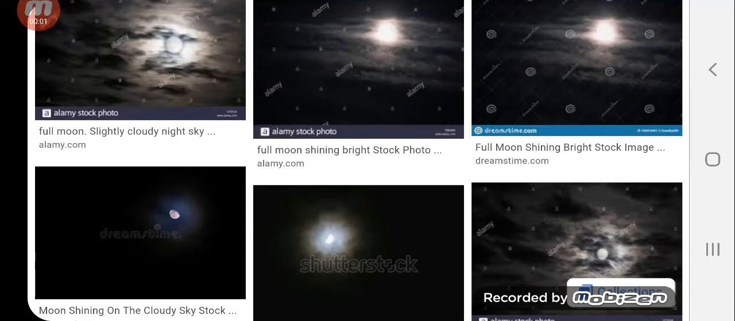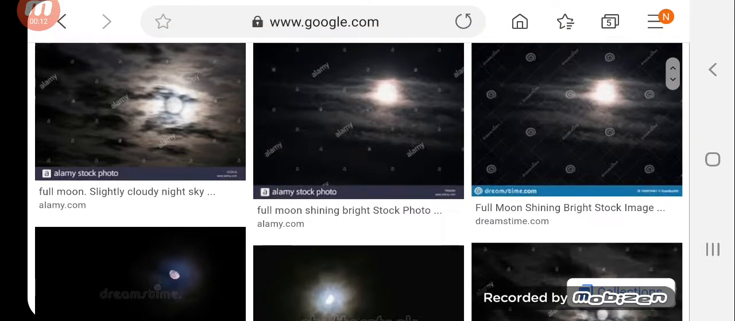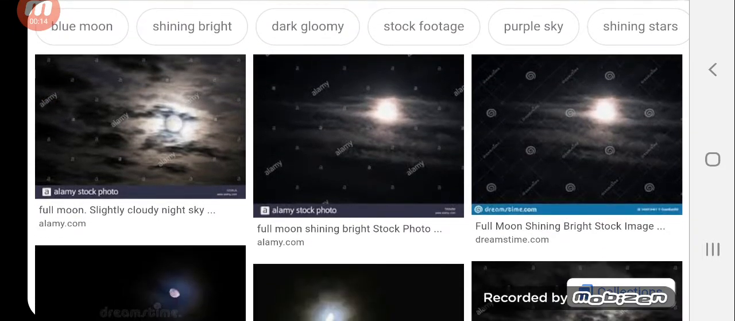So here we have a little video on how the Moon proves the heliocentric model wrong. I will start by looking at some pictures of the moon that I have been taking myself,